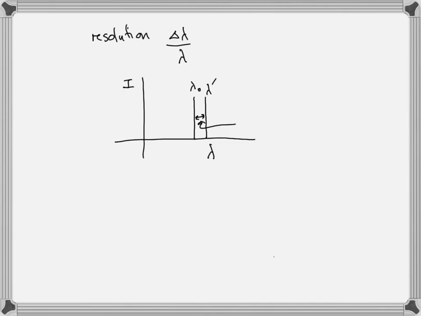That's the delta lambda in between them. But in a real experiment, there's not an infinitely thin line. In a real experiment, we're going to measure a distribution of wavelengths, and it's got some thickness to it. Right? So there's some distribution of wavelengths,